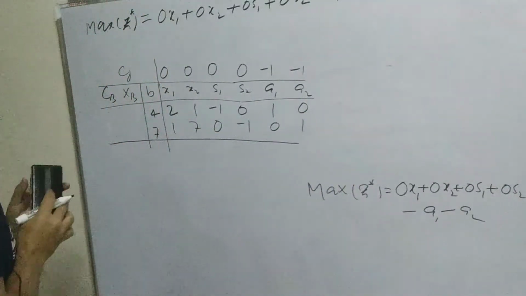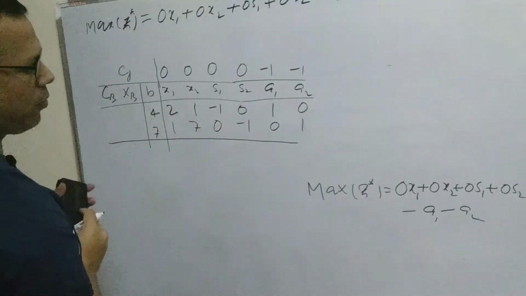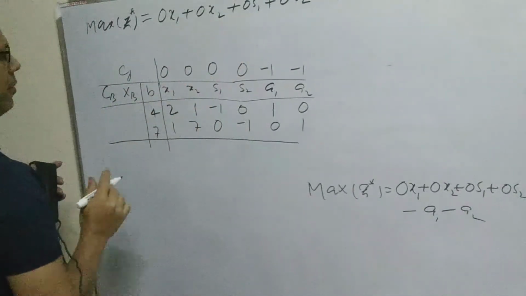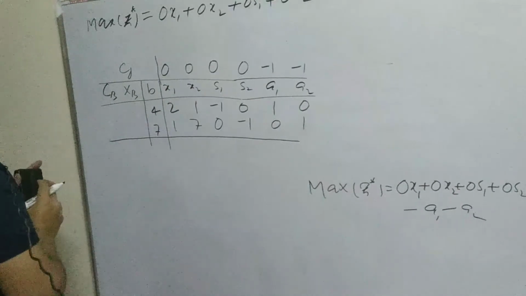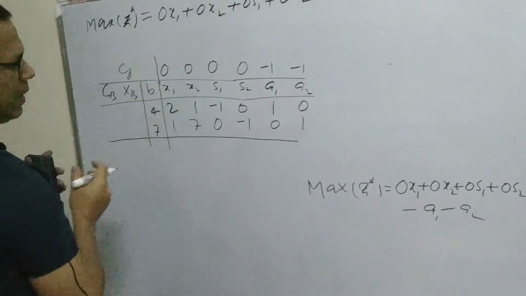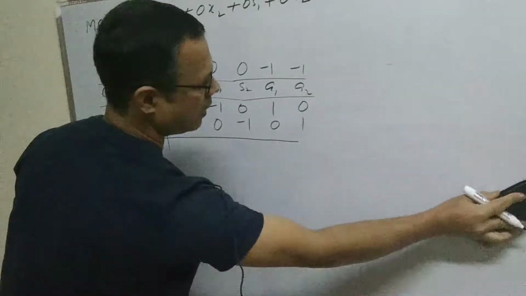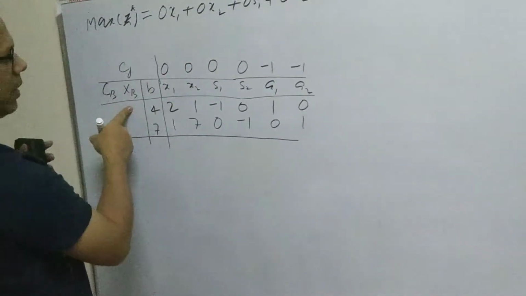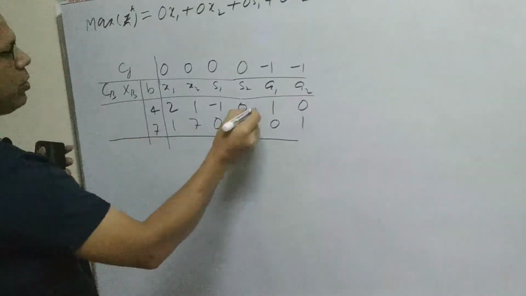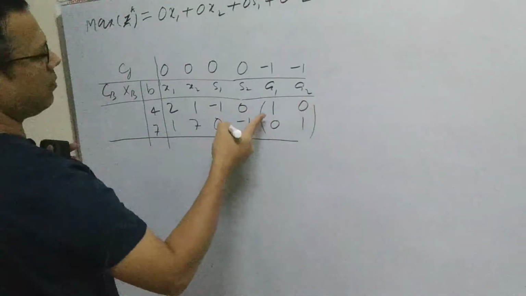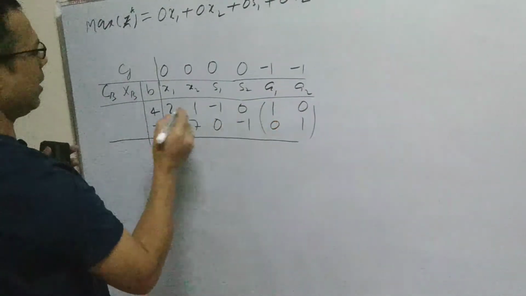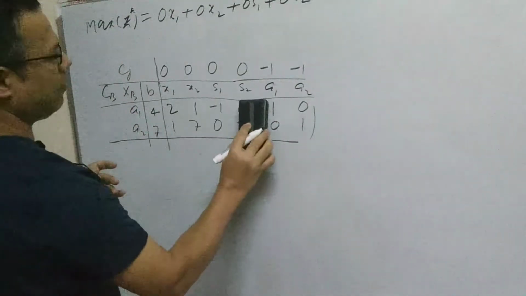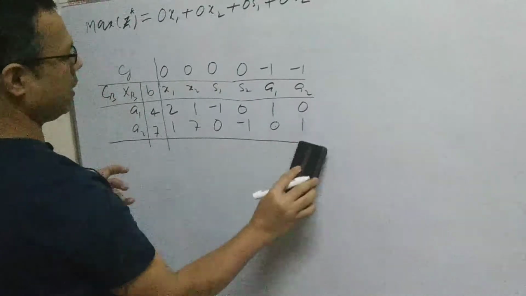Okay, so here phase 1 objective functions have been written in this way, and now the initial table is going to be created. So now we will see which variables are going to be considered as basic variables. Simply, we can see this variable is going to create a unit matrix. So a1 and a2 are going to be basic variables, and now we can proceed.